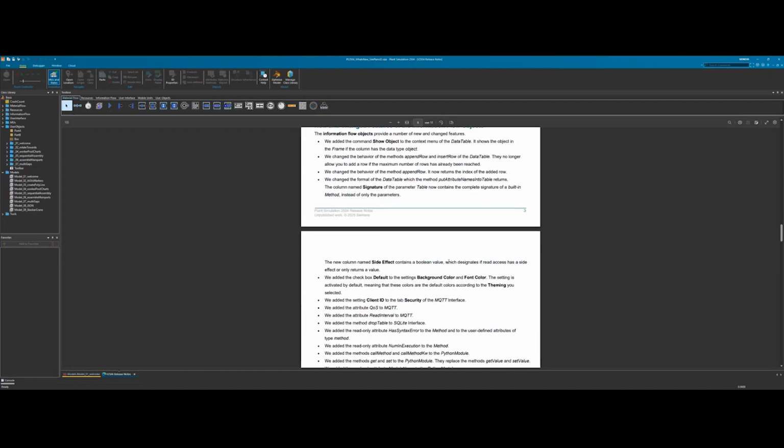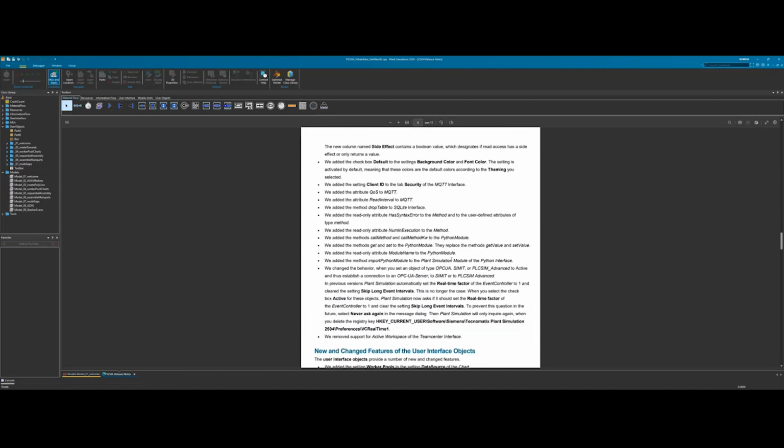The other thing that is new that I also didn't show you in this setup was regarding interface objects, so MQTT, OPC UA kind of things, changes there. This would be more complicated to show in an example model, and also anything related to Python I didn't show you here.